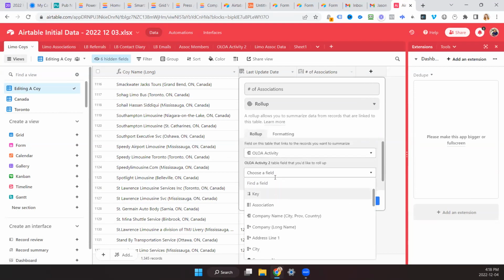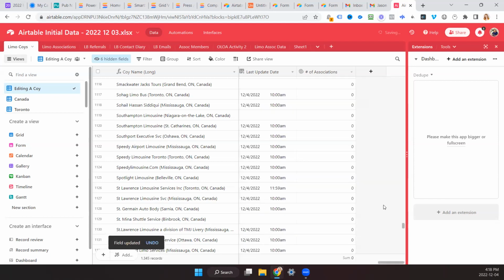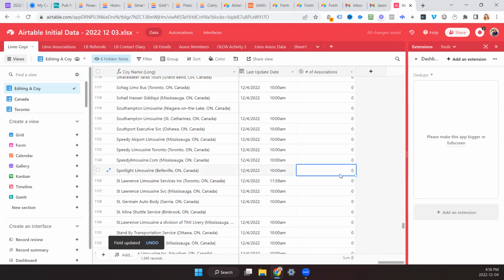And this is association max values. This is what we want. So no, that's not what we want. I need to get back to you on that problem. Okay, if you've got OLOA in those two, you've got them in those two fields right now.